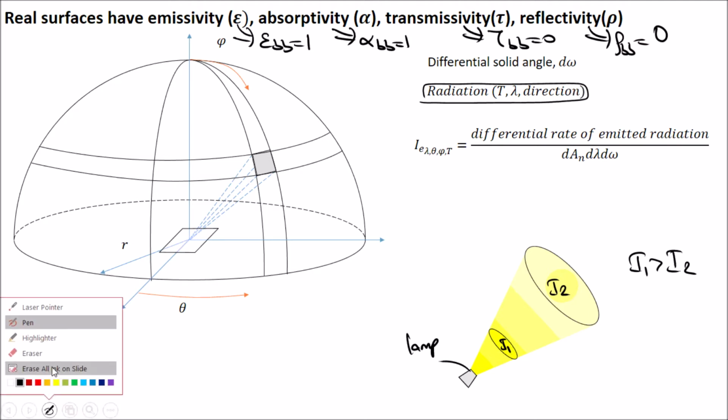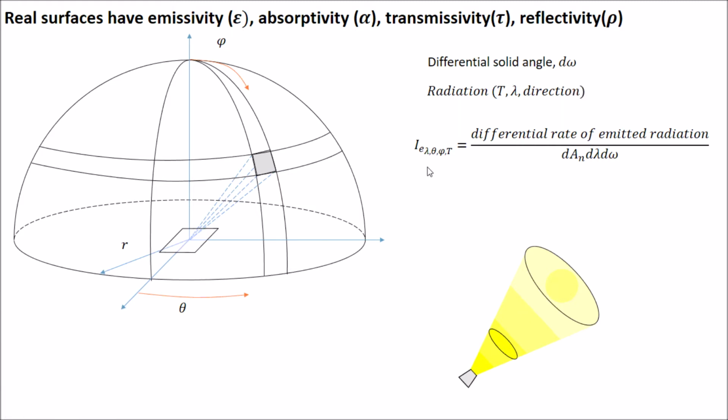Another thing about the intensity is that it is a function of the direction. If I take the intensity here, you can see it is bright. If I take another point here, you have a different intensity, because you have a different angle here. Different angle and therefore different intensity, a function of the direction. And it's also a function of the temperature,